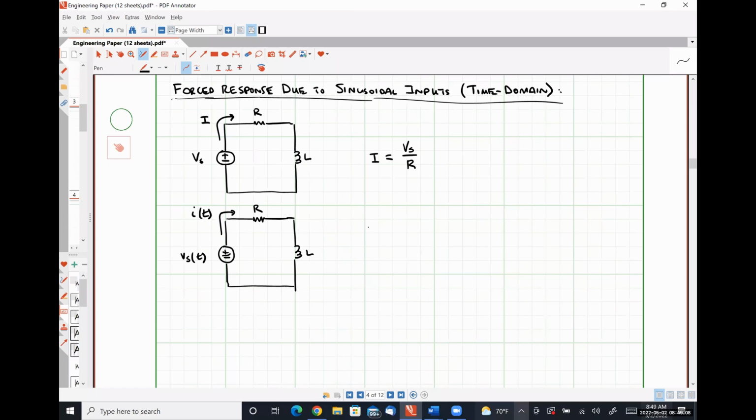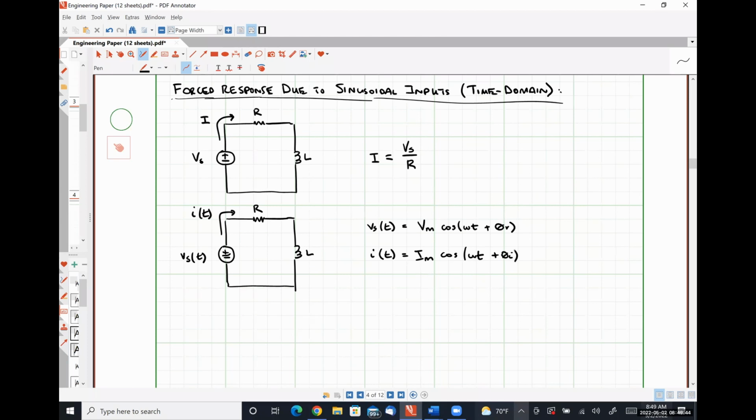So if Vs of t is equal to Vm cosine omega t plus theta v, we should expect I of t to be of the form Im cosine omega t